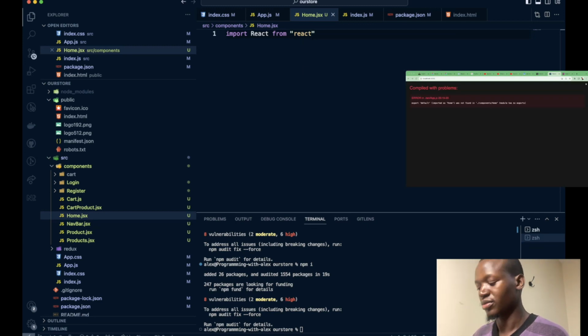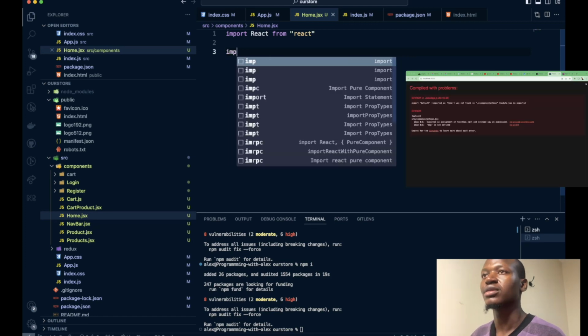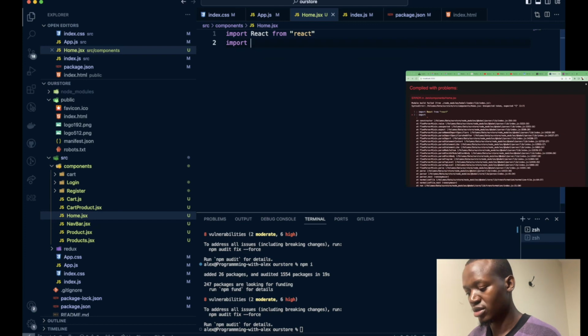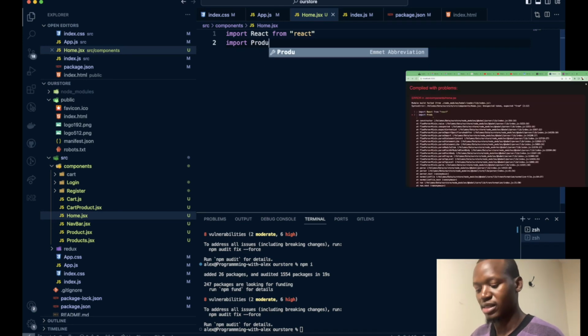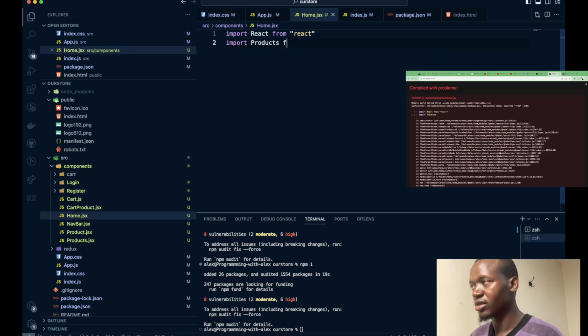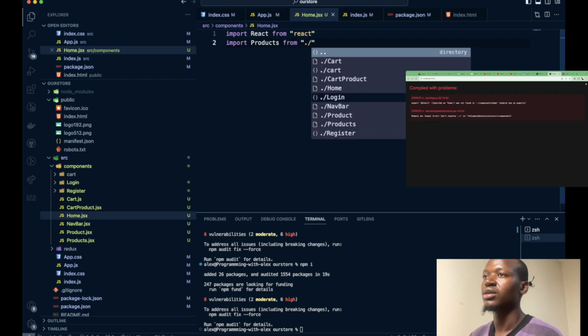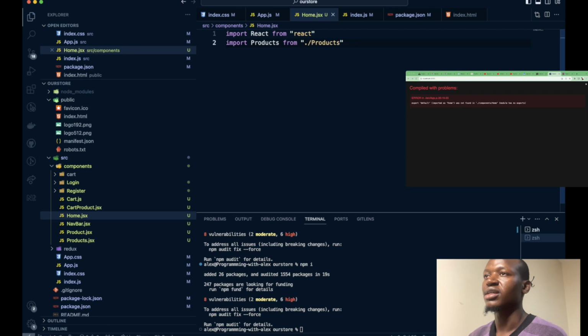Okay, and then we'll also have products. We'll import products from the slash. We'll have that products here,